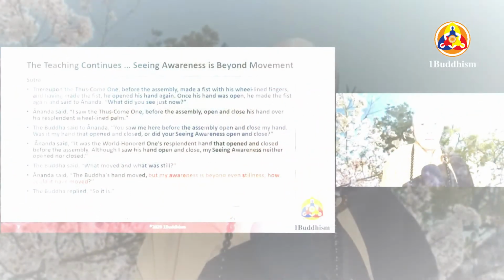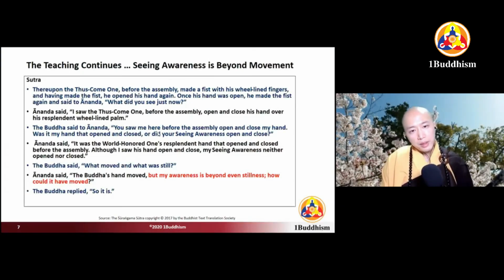The Buddha wants Ananda to realize that this body can be influenced, moved, carried away, and shaken by all sorts of conditions. But the true mind, the seeing awareness, cannot be moved, carried away, influenced or shaken by any other conditions. The Buddha asked Venerable Ananda, "You saw me, the Buddha, here before